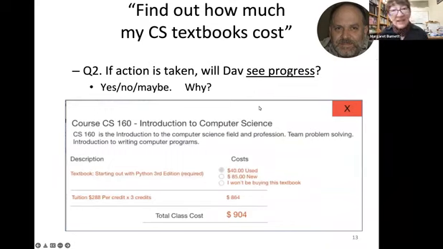And here's what Dav sees if they clicked on that. And so look, maybe this is working out just fine for Dav. So that's the way we do our evaluation. At each step, we ask the developer, what did you have in mind for your user to do? Then we decide if the persona we picked does that.